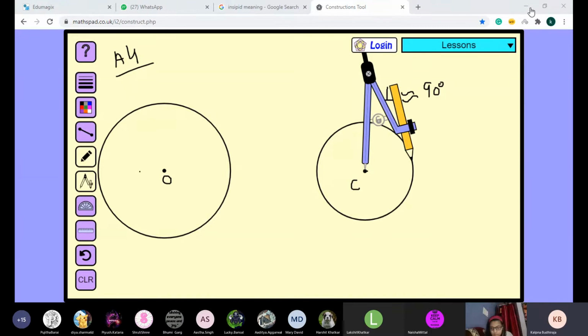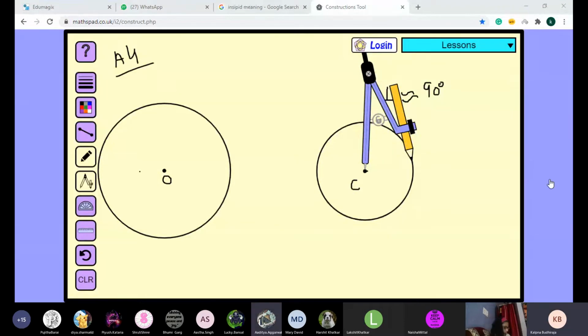Yes, Shrishti, what is your doubt? Ma'am, how much is this circle? Beta, I told you any radius you can take, 2.5, 3 centimeter, 4 centimeter. If you take a larger radius, it will fill your one page only. A 6 or 7 centimeter radius will be a very big circle. So try to take 2.5, 2 centimeter is also fine. Yes, Aditya, what is your doubt?